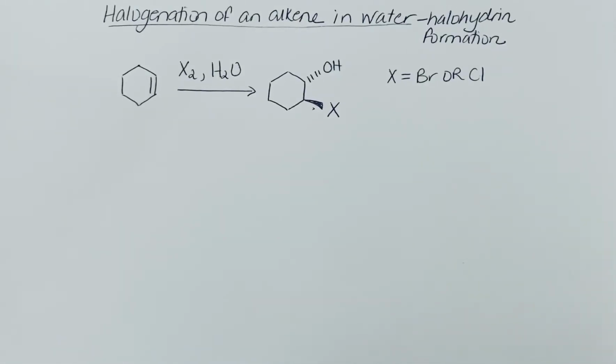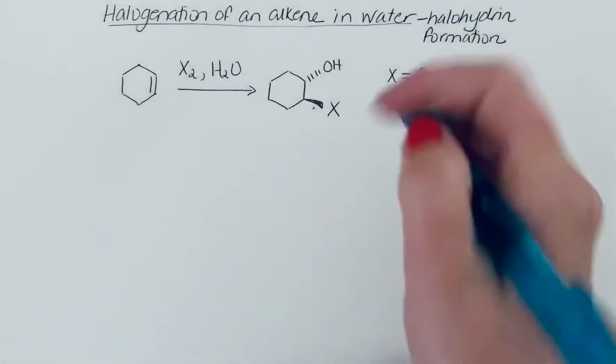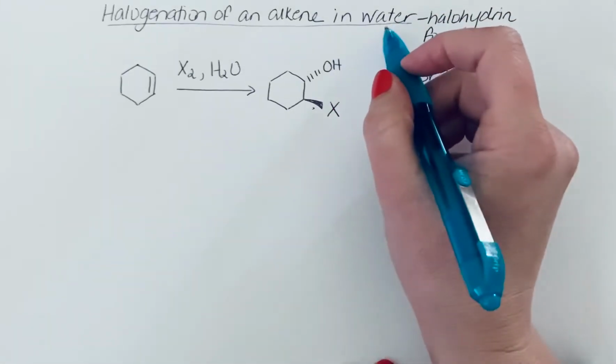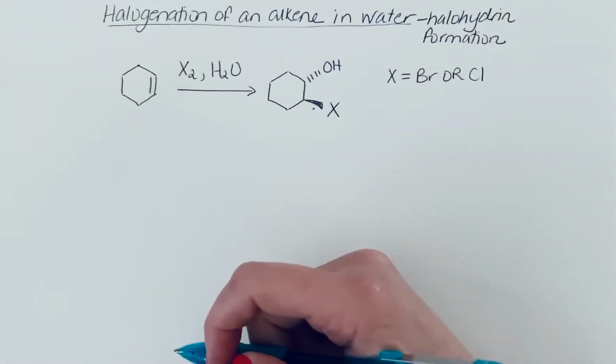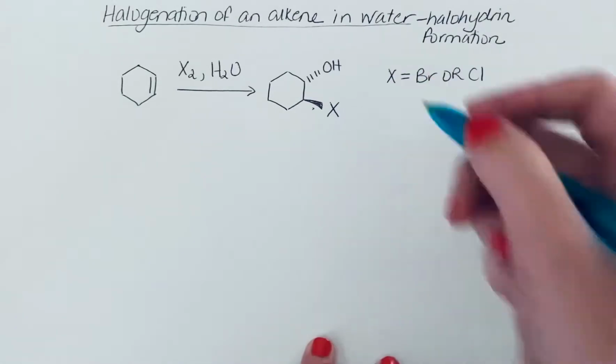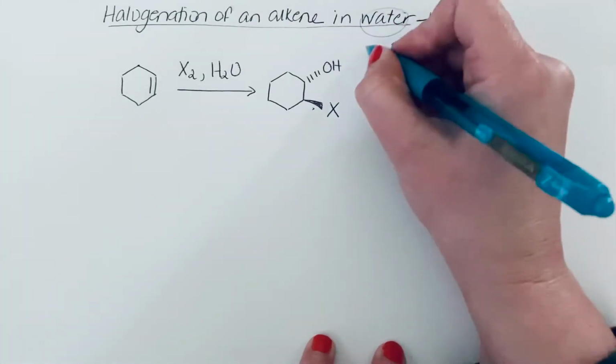Halogenation of an alkene in water. So, very similar to the halogenation of an alkene in an inert solvent, but an inert solvent means not reactive. If we have water as a solvent,